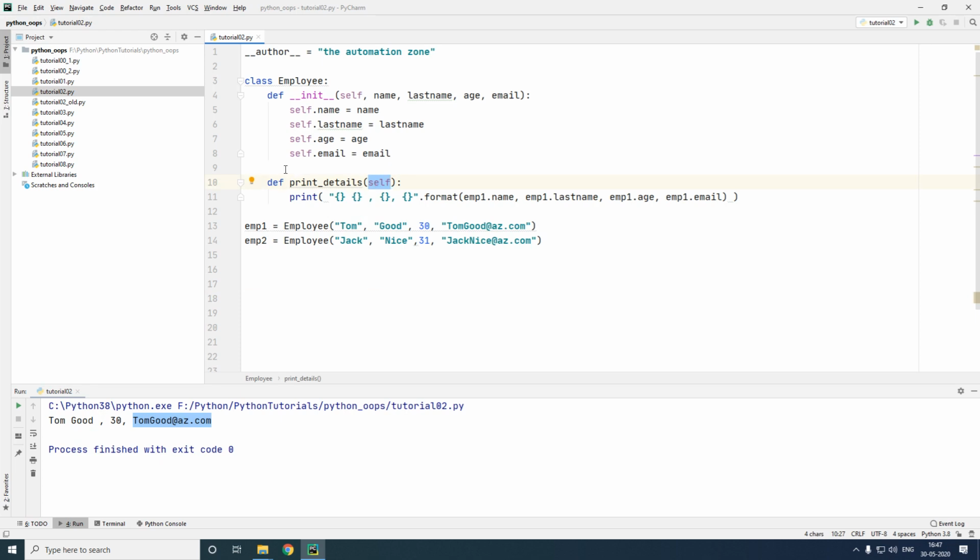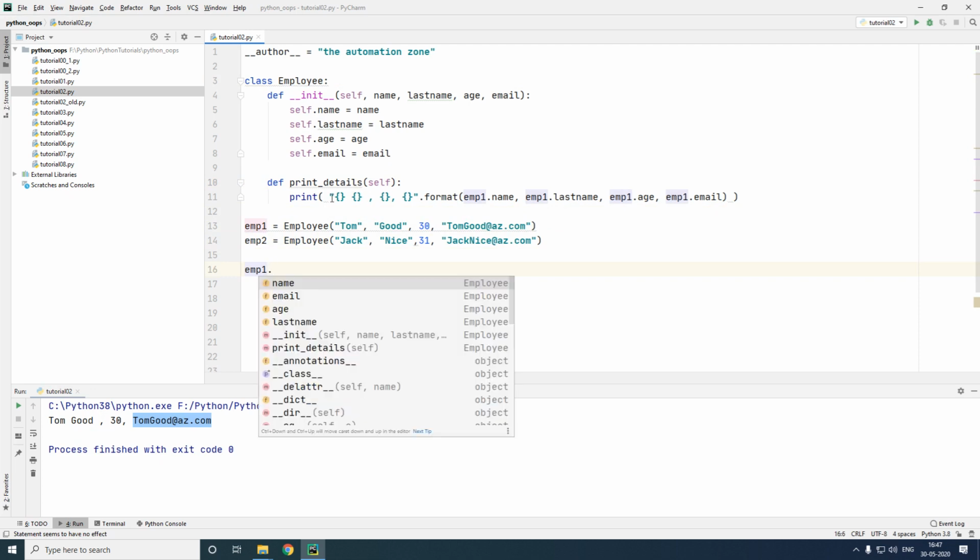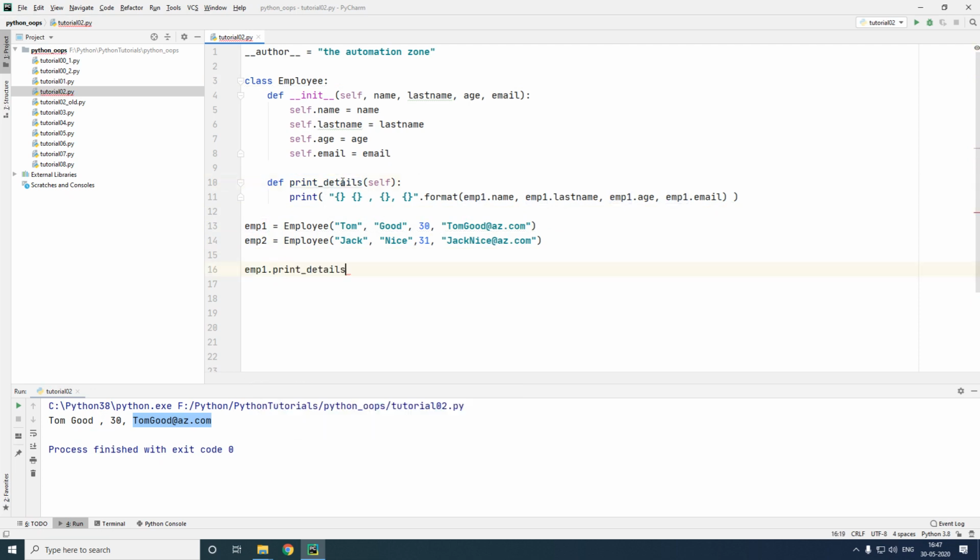Hence, when I'm using the object, let's say object employee1, and using the object employee1, if I'm calling the function called print details, what's happening? The self parameter here becomes the object itself. Hence, I can replace all of my objects with self.